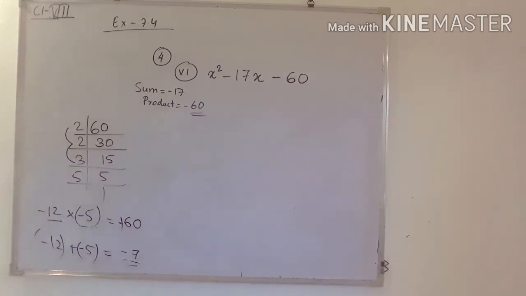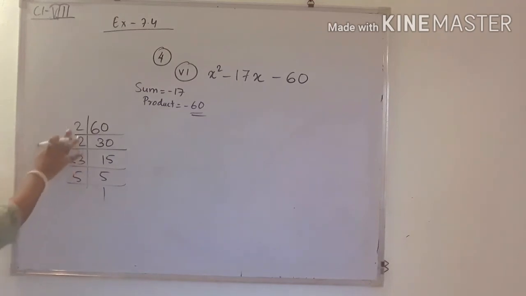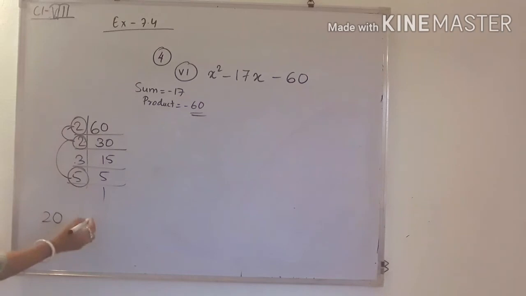So if an error comes, that means we have to try again. So what more can we write? See now, I am taking these three numbers. 5 twos are 10, 10 twos are 20. So one number is 20, the other number is 3. Now we can see here 20 into 3 is 60.